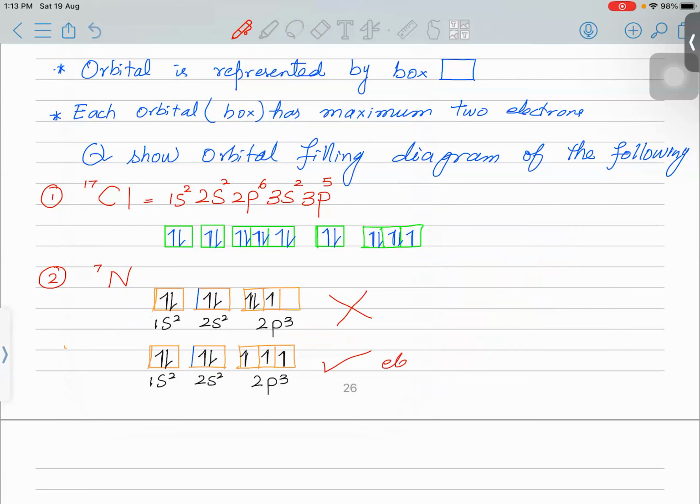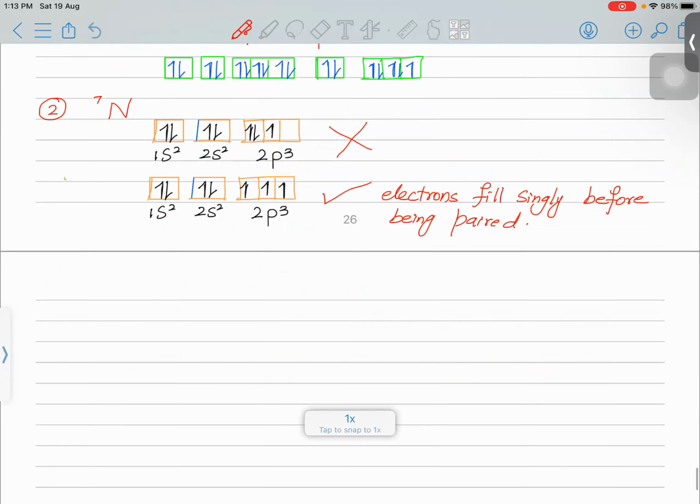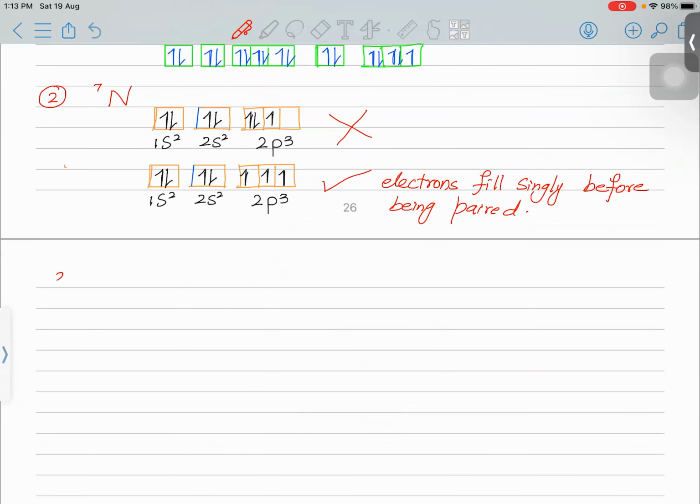Electron fills singly before being paired. This is a law. Before being paired, right? Now, rule number 3 is